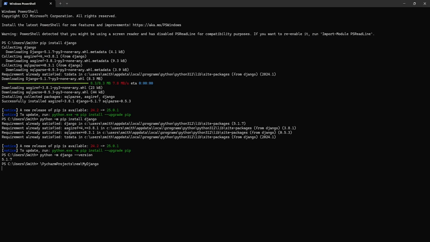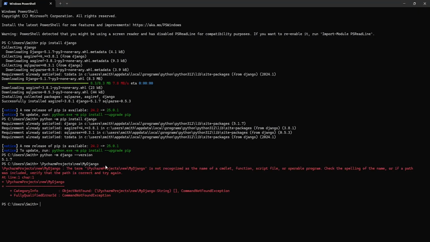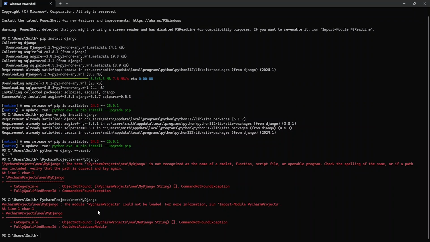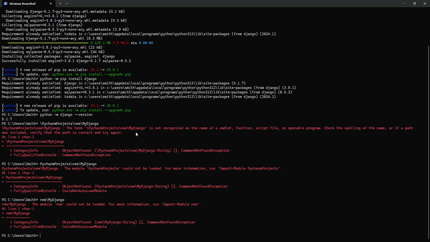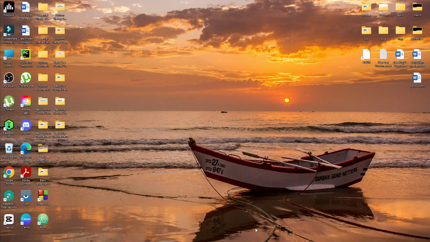Once I'm done here, you can see that it is actually showing me an error. If it's also throwing you an error like that, the same way, let's come here, Control C to copy. Let's try. Okay, let's click on enter. This is also showing me an error. Let's go with only Django and new, Control C to copy, Control V to paste, and if I click on enter, this is also showing me an error. So for that, what I need to do is